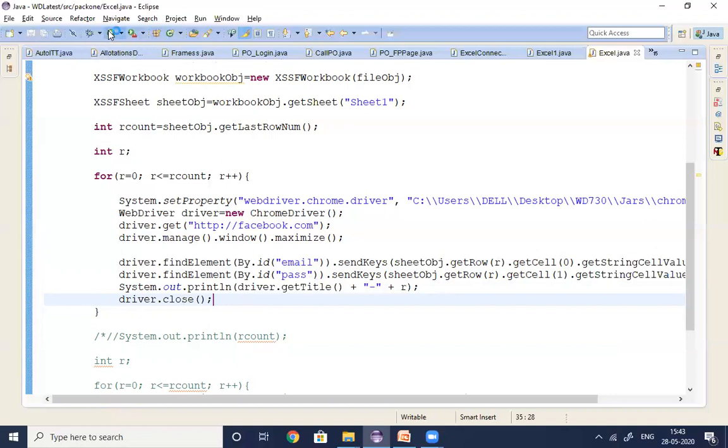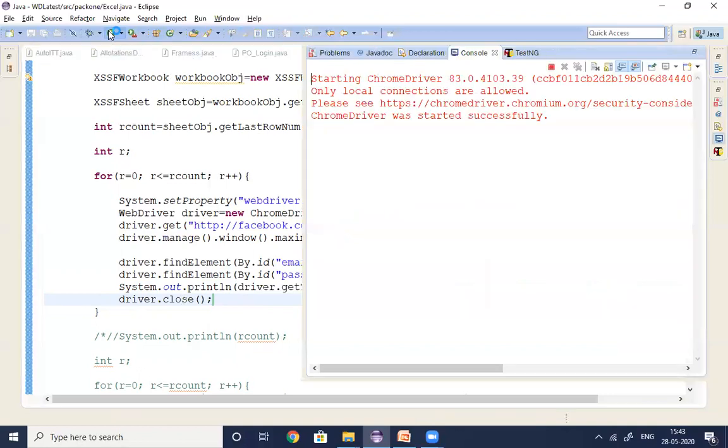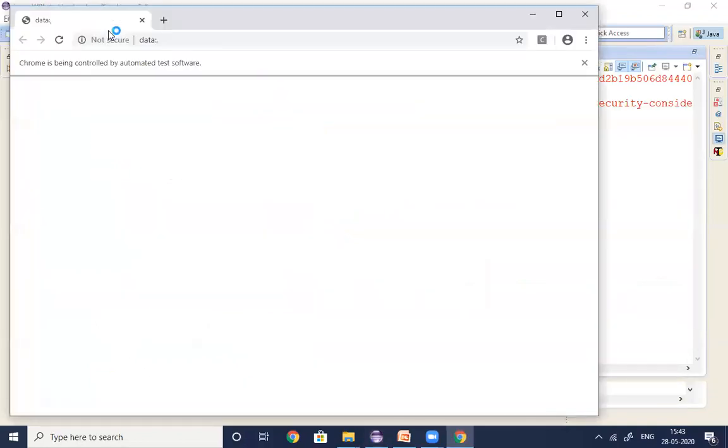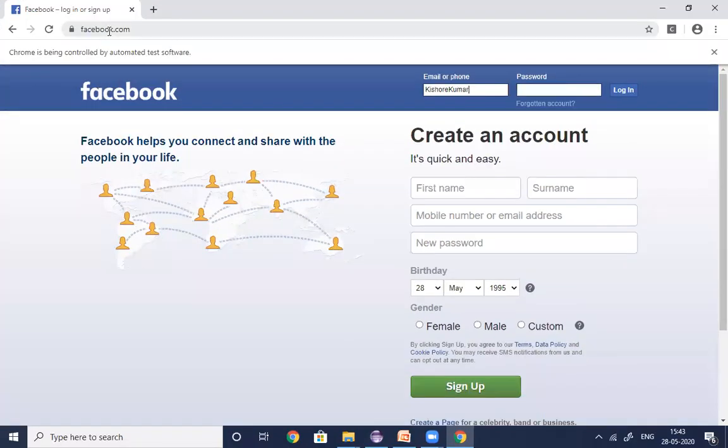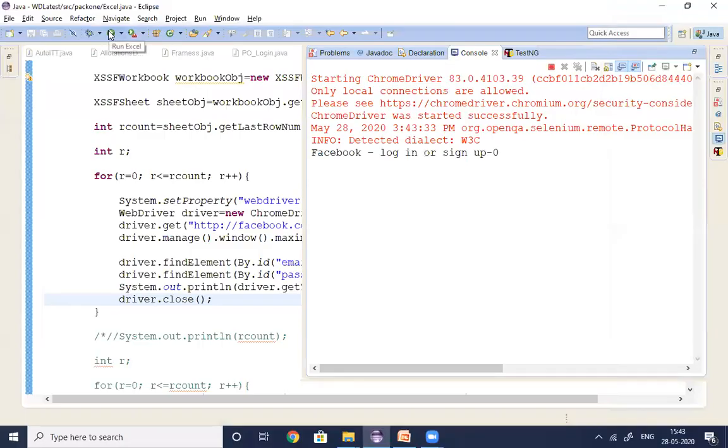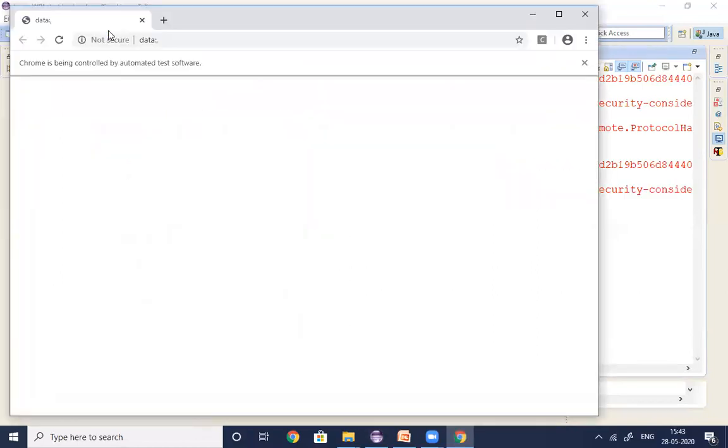See, let's run this. When you run this code, it will connect to the Excel file. First, it will create an object. After that, it will create a reference for WebDriver. See, Facebook application open, and it will maximize Kishore Kumar. Yes, sign up, Facebook login or sign up, 0. First time execution. Second time execution, see.